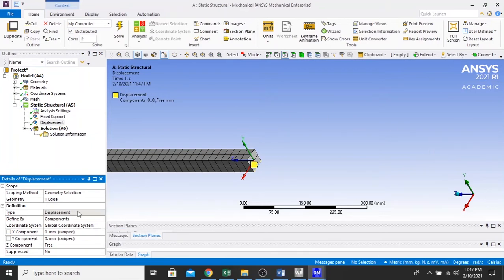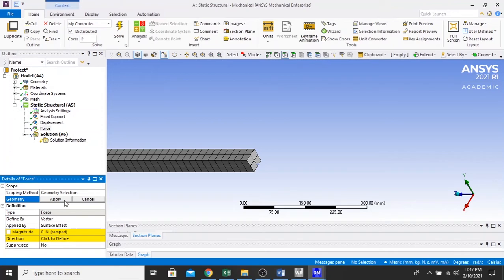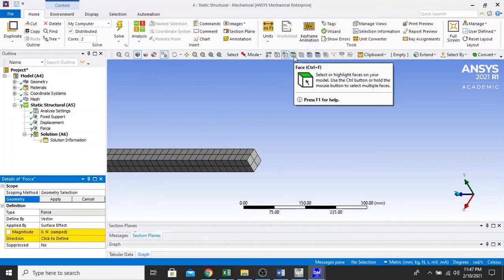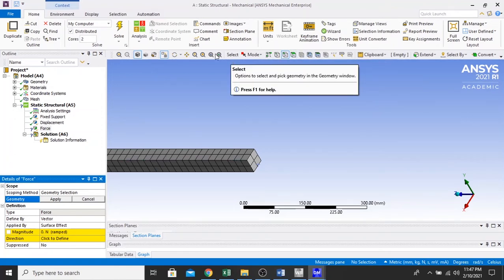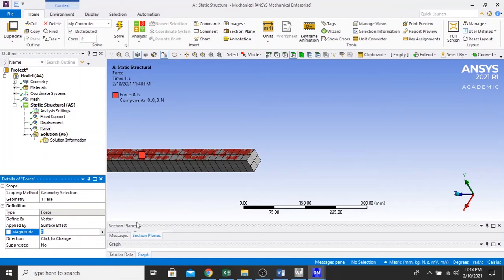Okay, now the next thing to do is we will apply the force. In the taskbar we click the face selector, we activate it, and then in the geometry we just select the above face of the model and then click apply. For the magnitude we will enter 3500 newtons,